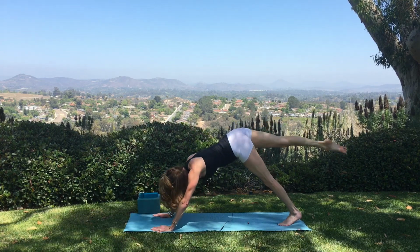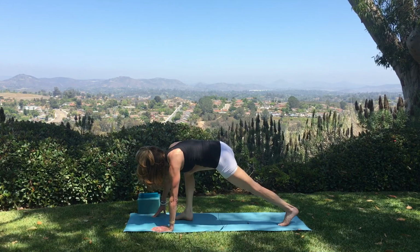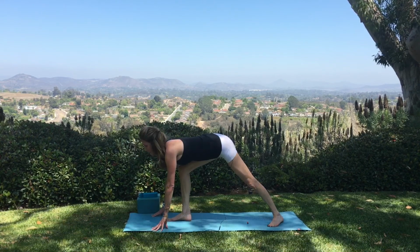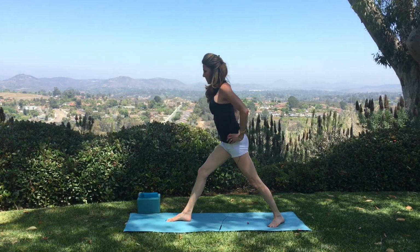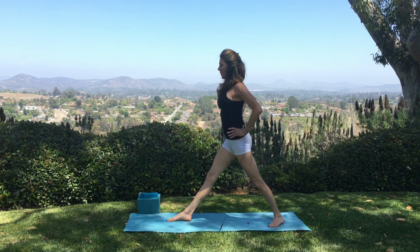And now let's come forward to the midline of the body, knee under the heart. And place your foot down between your knees as you plant your back foot for pyramid pose. Find the length in the spine, keep the bend in the front knee, and then put your hands on your hips as you rise up. Keeping everything straight now. Both legs are extended for your